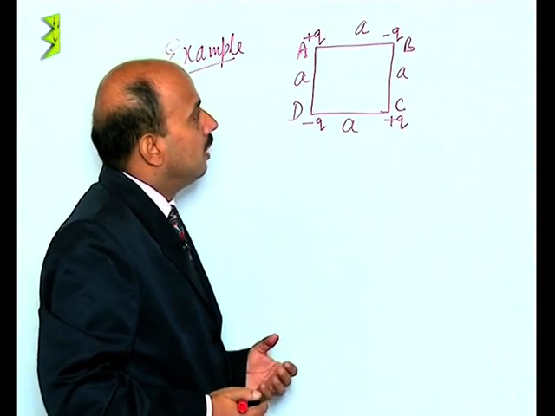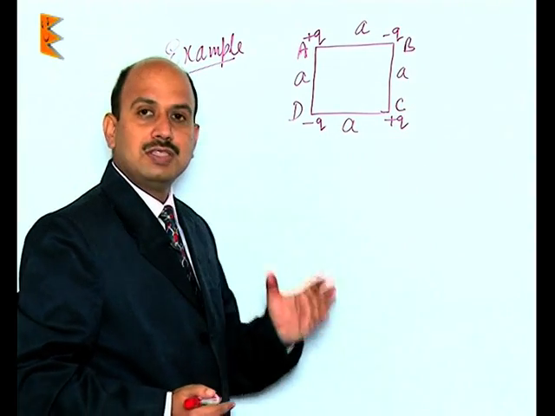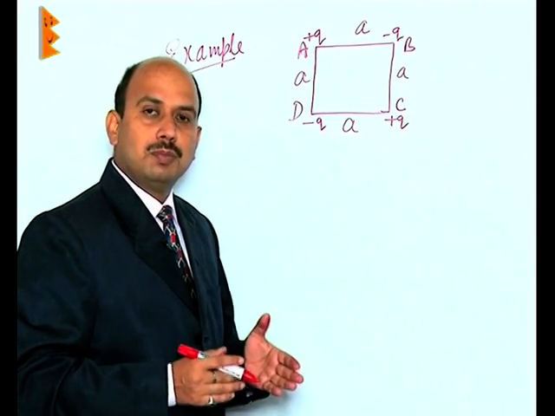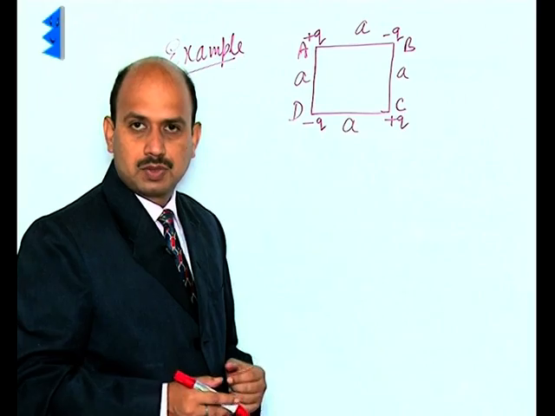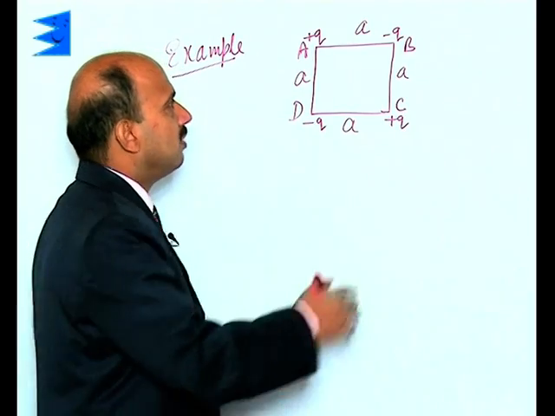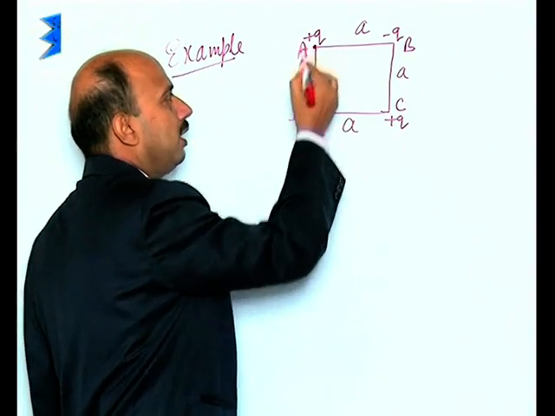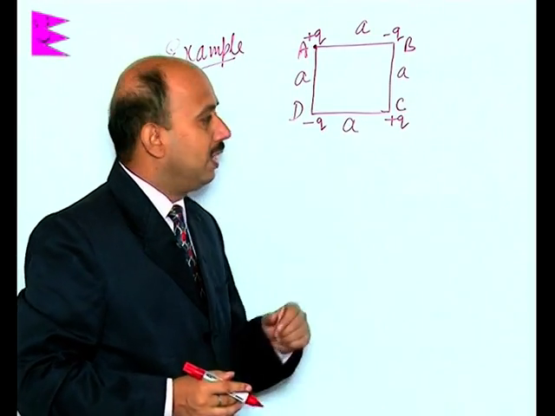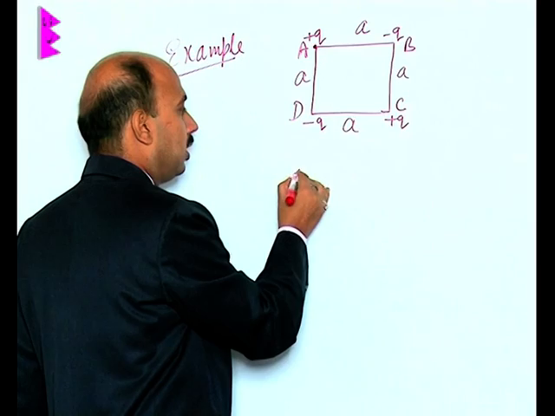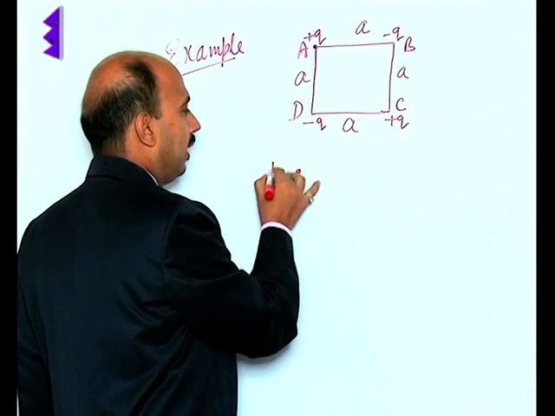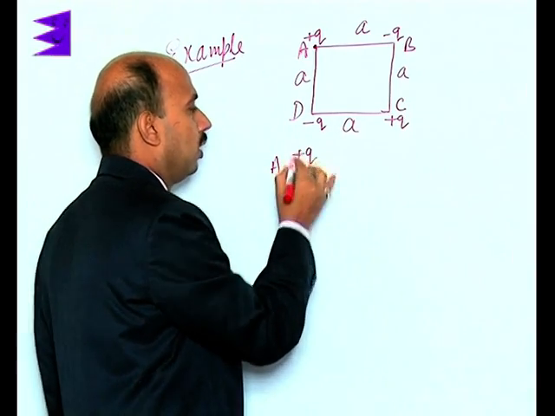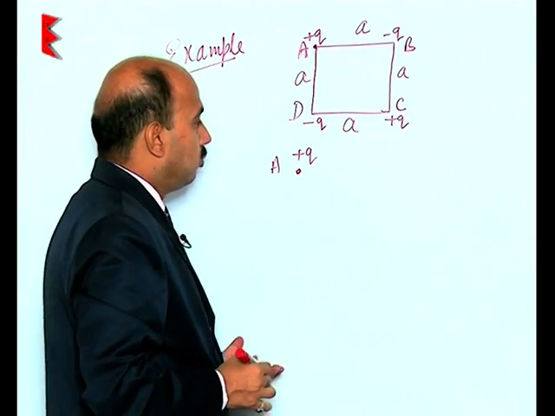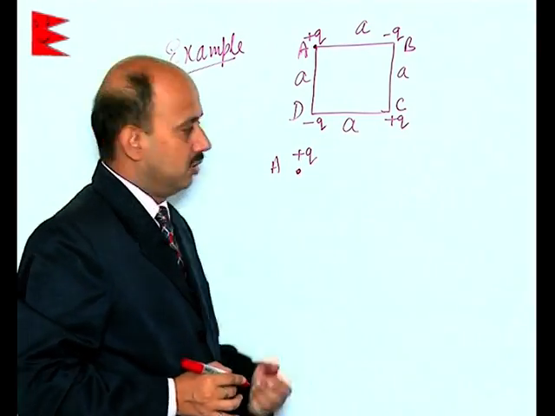So, see here, initially we assume all the charges are at infinite distance, where the potential energy of each charge is 0. So, suppose first charge q is brought to the point A from infinity and there is no other charge. So, we can take charge q is brought to the point A, this is the plus q, no work is done because there is no electric field. So, it has no potential energy.